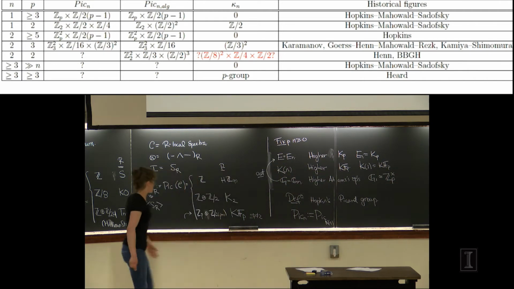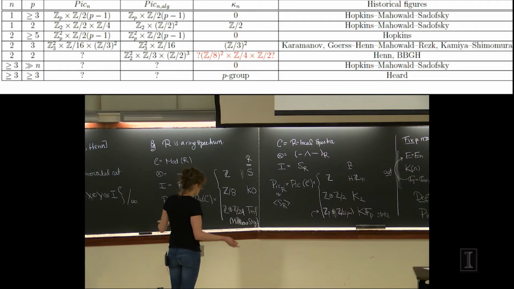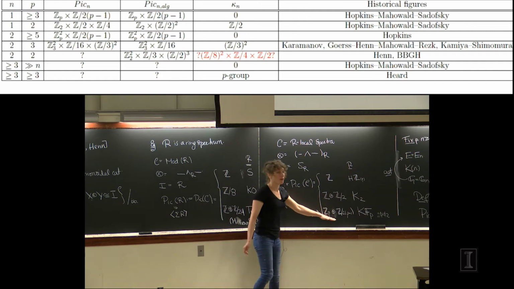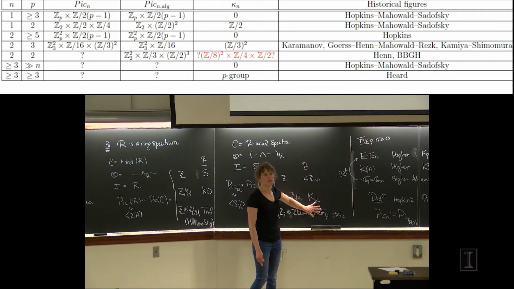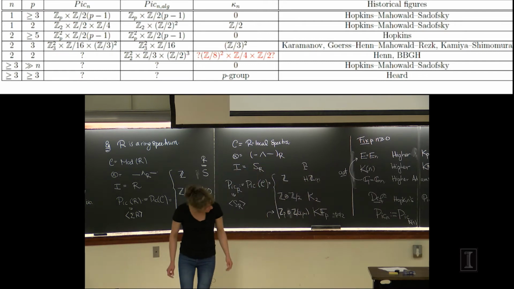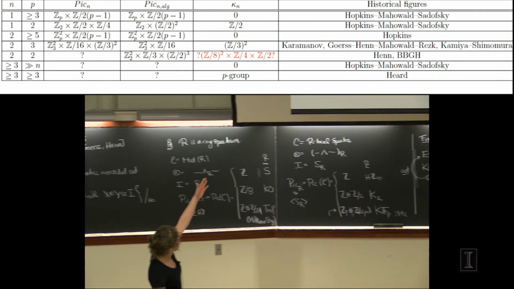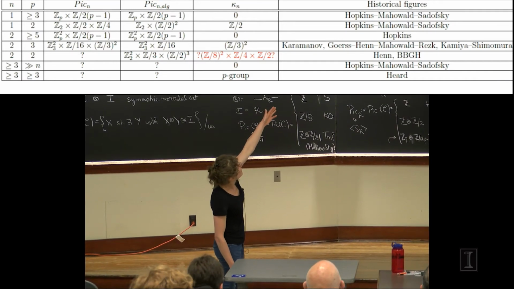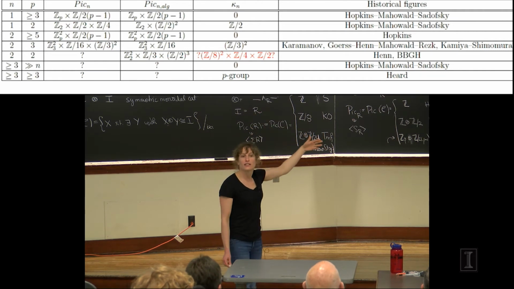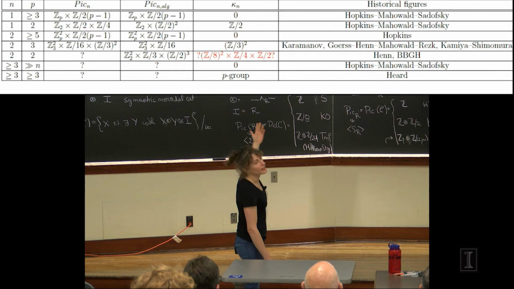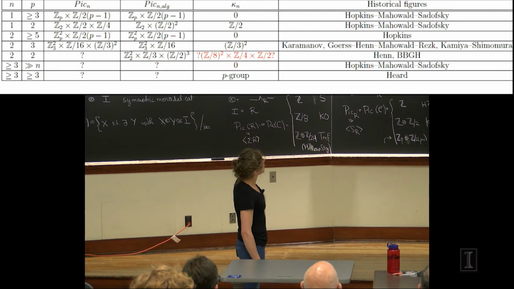I mean, these are interesting. Like, what's the biggest answer I wrote on the board? Well, big sometimes is hard to measure, but this is uncountable, so this wins, okay? So these Picard groups are very rich, okay? And at this point, now the notation matches on this table. You see Pic_n is written on the left-hand side for some values of n and p, okay? And as you see, the list is not very long. There's a lot of things we don't know. But that's the topic of the talk for today.